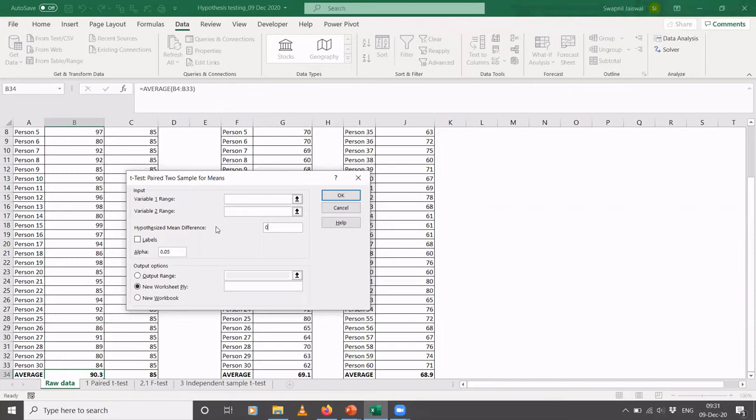Confidence level is something like, in this case, we are going for a 95% confidence level. Am I correct, Sai? Yes, 95%. That's why we are taking the alpha value as 0.05. And the alternate thing that we are saying is actually called the alternate hypothesis as per the terminology. So you have the null hypothesis which states there is no difference, and then you have the alternate hypothesis which says there is a significant difference.